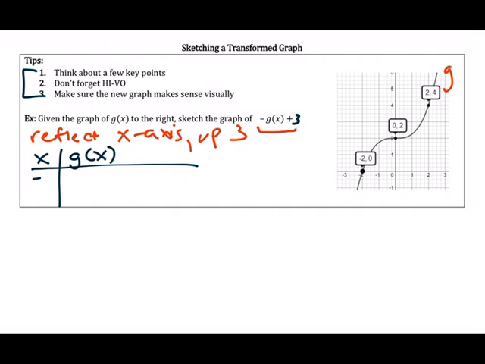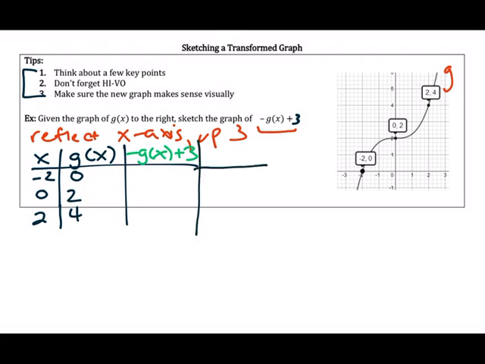So I see the point -2, 0, I see the point 0, 2, and I see the point 2, 4. Then I'm going to add a column to my table that is the transformation. So negative g of x plus 3, that's what I'm going to do to each of my g of x